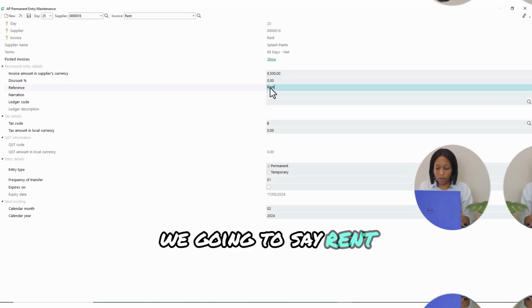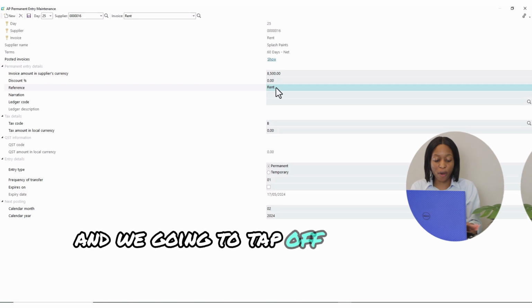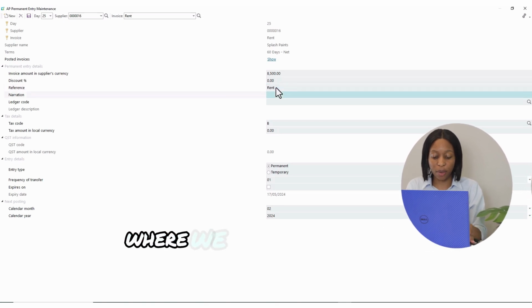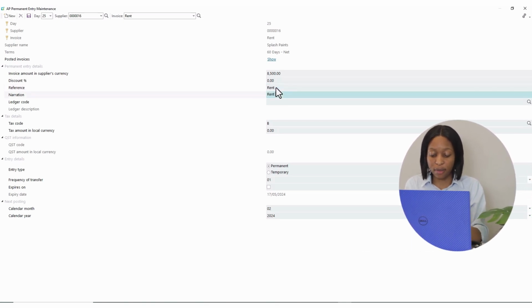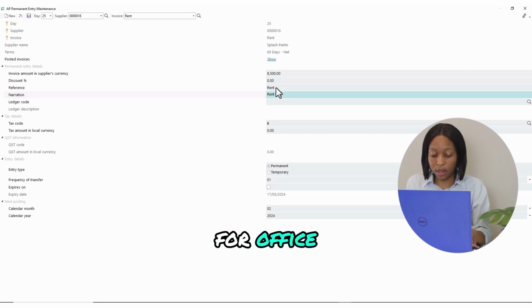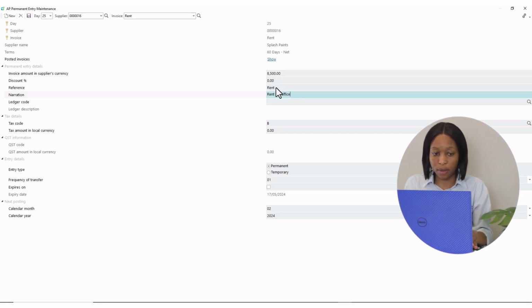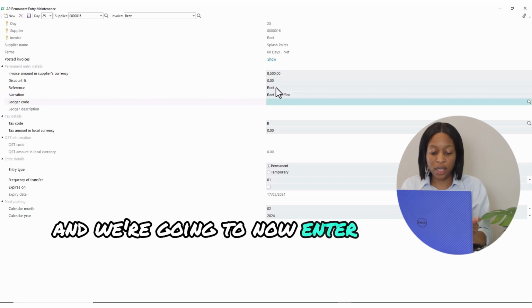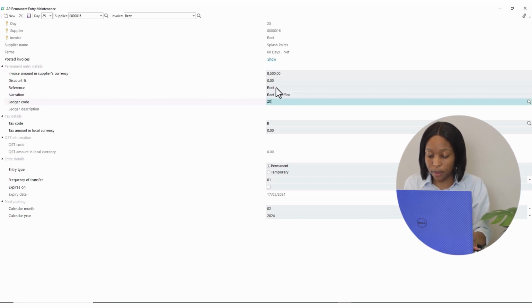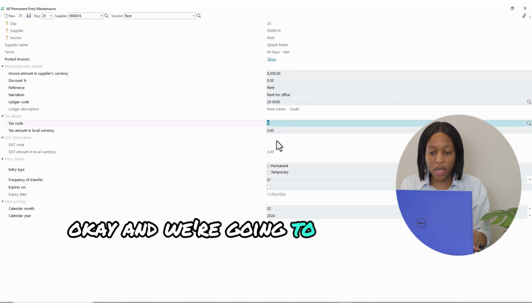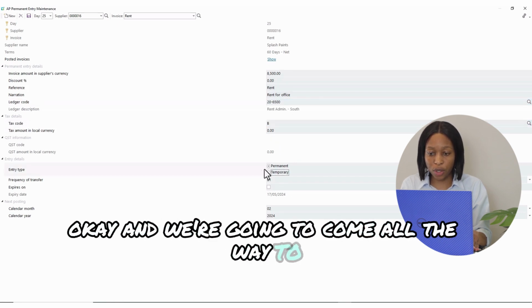We're going to say rent, and we're going to tap off to narration, where we're going to say rent for office. And we're going to now enter the ledger code. Okay, and we're going to come all the way to